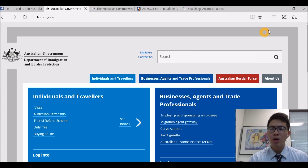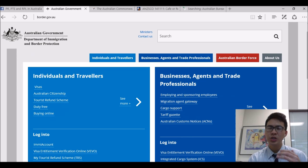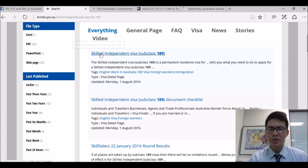Today the first website I want to mention is going to be border.gov.au. The reason why this website is important is because it contains all the information you need about different types of visa. So let's say if you're interested in knowing about the skilled independent visa, which is subclass 189, you can just type 189 and then search, and you can see that it comes up straight away, the skilled independent visa